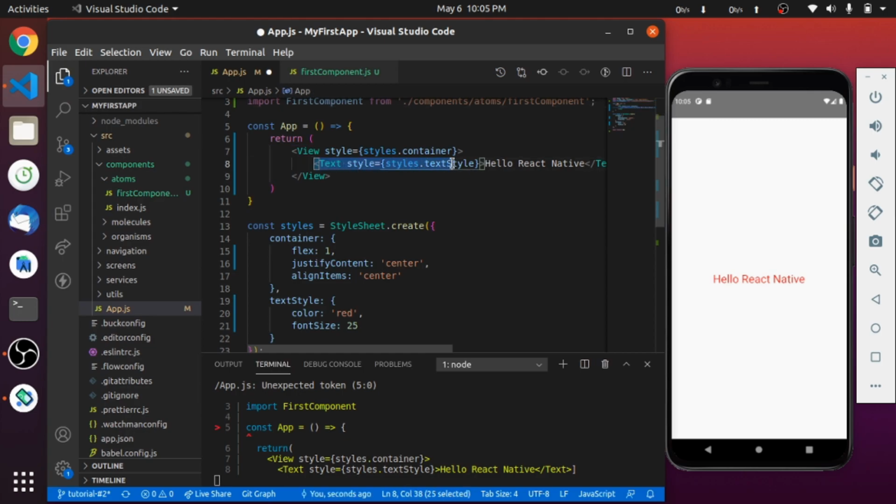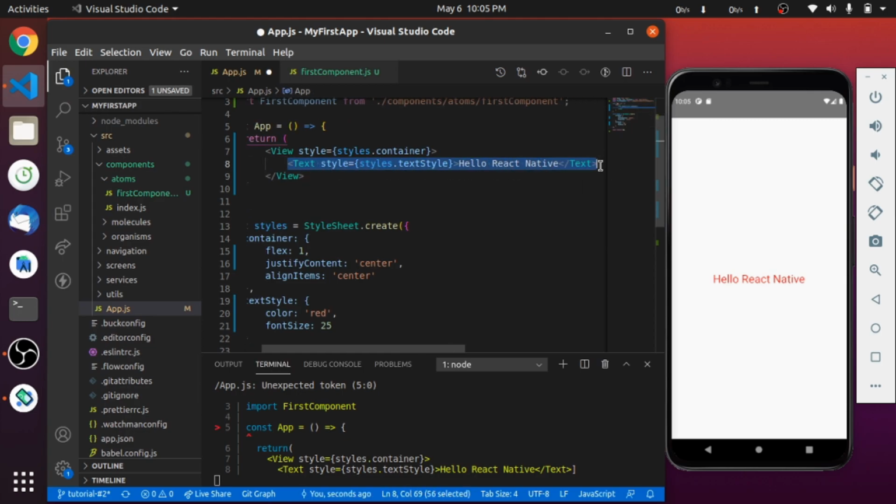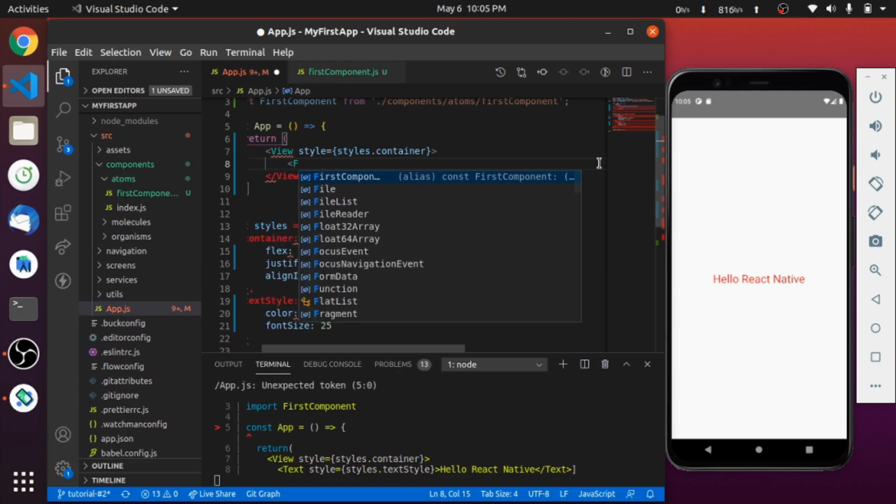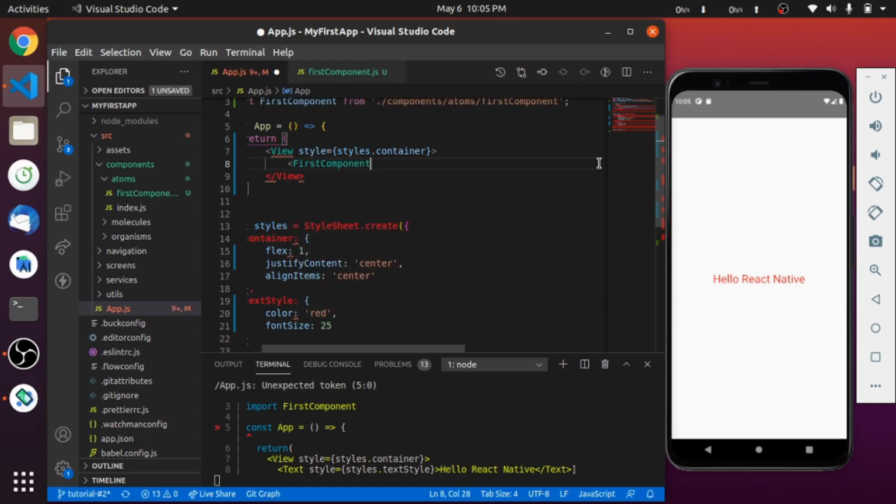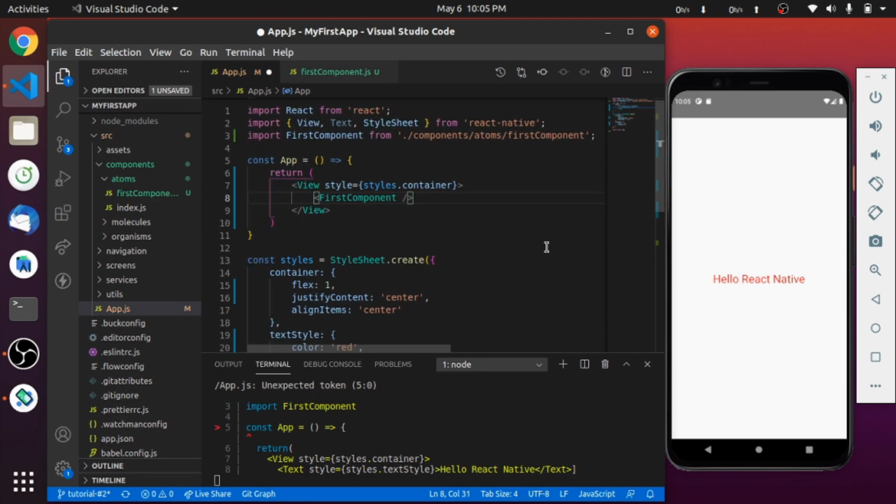Now I am calling the component in view as I named in import. You can see in the emulator it is rendered the first component.